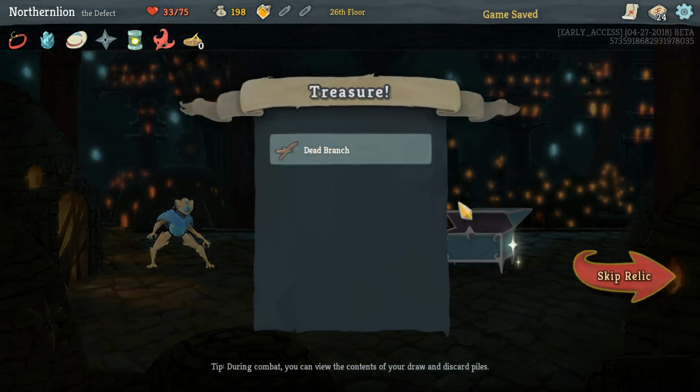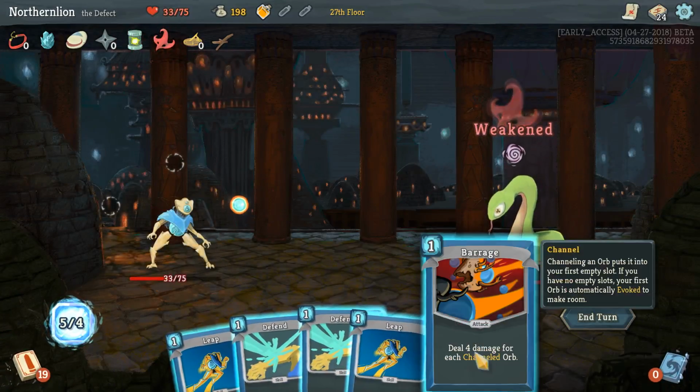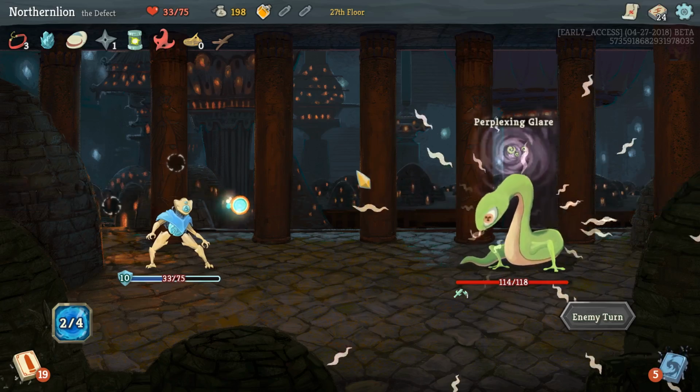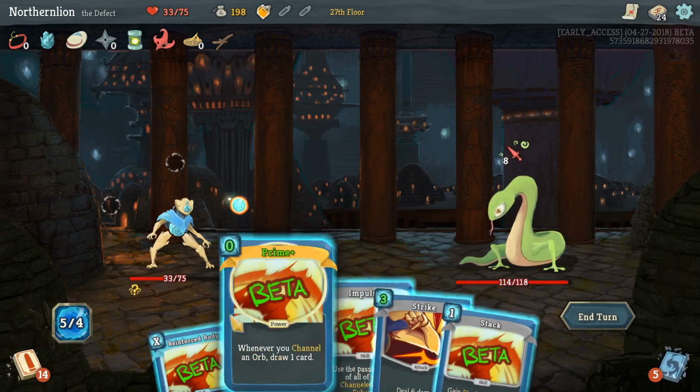Oh god, we have to do another elite fight, huh? Oh, well, dead branch. I don't know how many exhausts we have, but... this is a terrible first turn. We could die against this guy. I would hate to see it because we're doing pretty well right now, but...